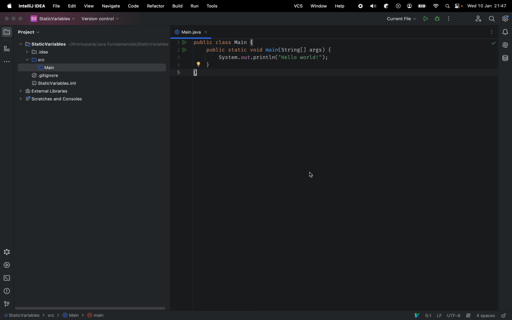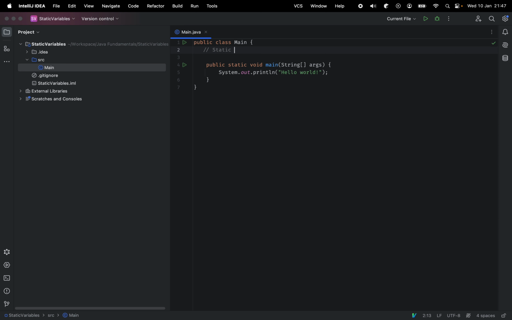without much code in and around it. So, static variables. We already know what variables are, but we've seen the static keyword before. And I have spoken about the static keyword in previous tutorials, but not so much at length, so let's discuss it now. So a static variable in Java,